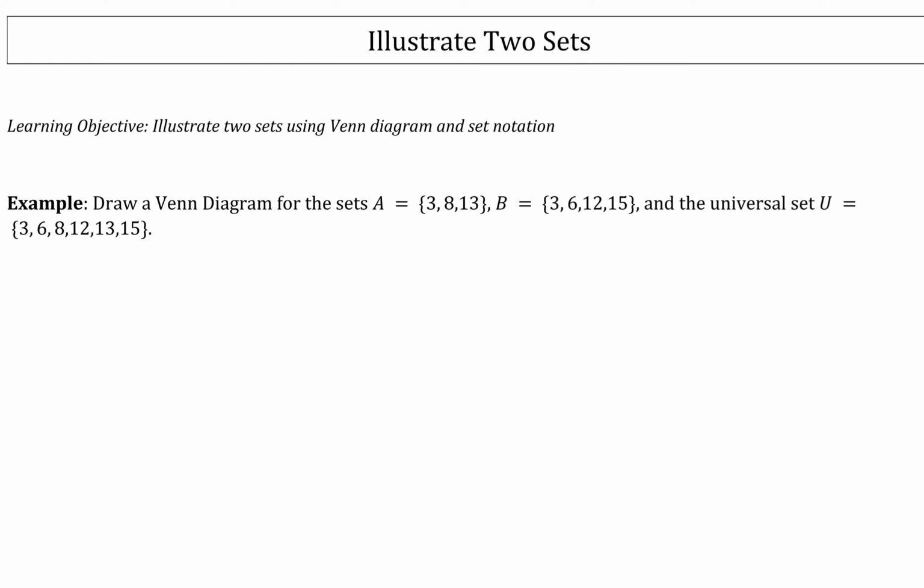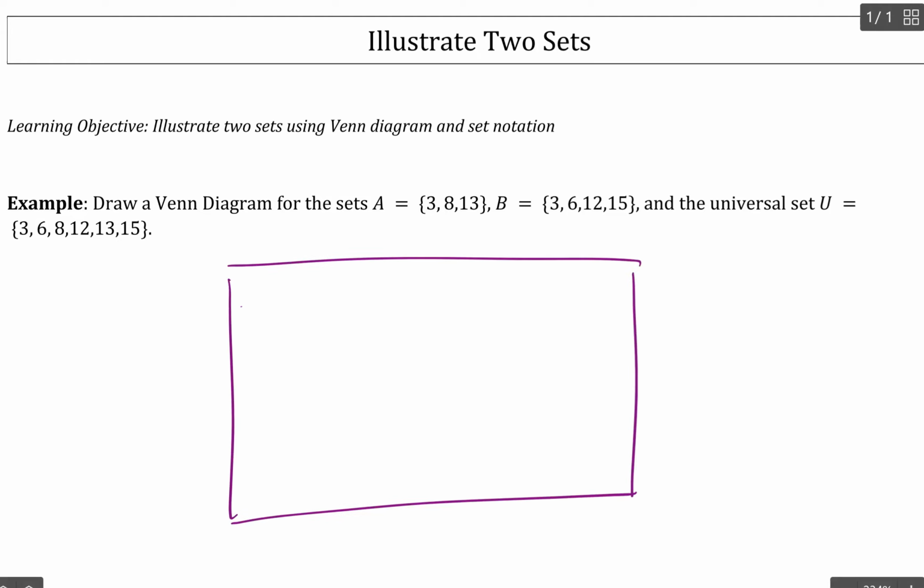In this video, we will see a few examples of illustrating two sets. So this example says to draw a Venn diagram for the sets A, B, and the universal set. So in order to do this, I'm going to begin by drawing my rectangle that denotes my universal set. And then I know I have a set A and a set B, so I'll represent those by circles inside